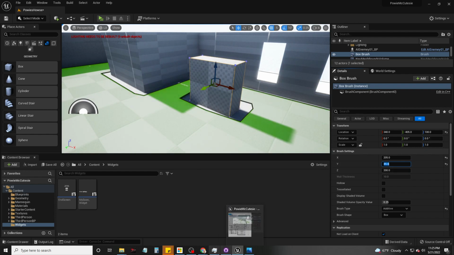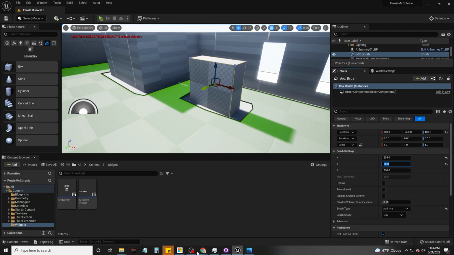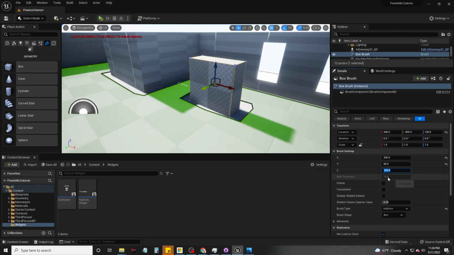And how tall is this couch? 37. Oh, and 37 inches is, oh, that's roughly the same. Let's just do 37. So that's 94. 94. And then what I'm going to do is,